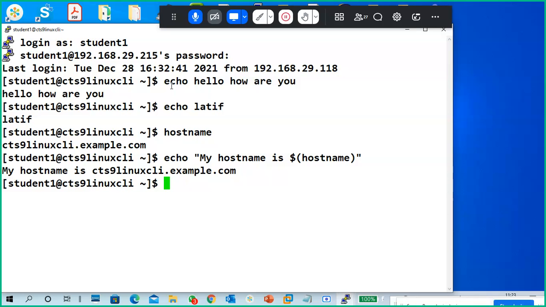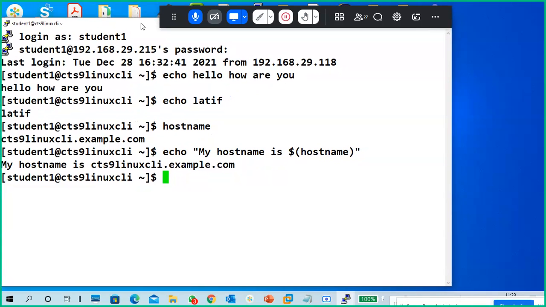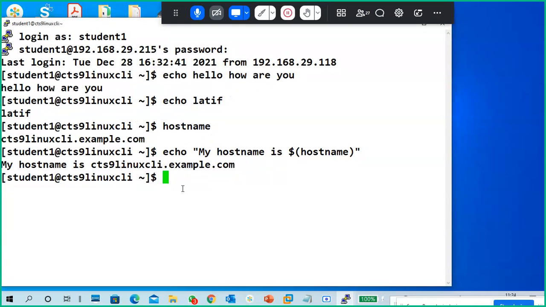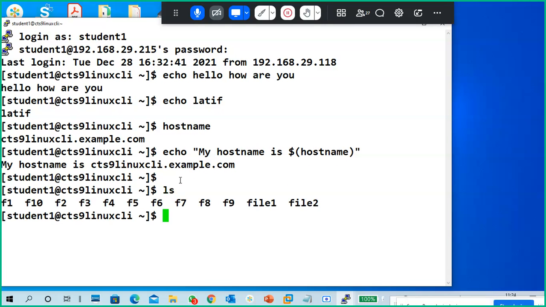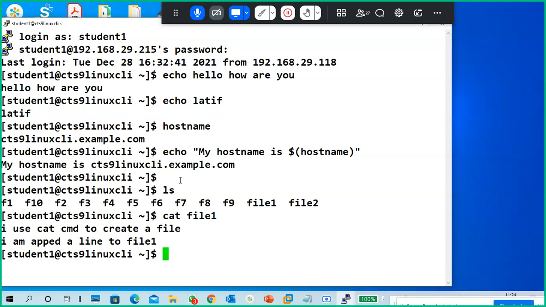Echo is a very useful command in both Windows and Linux. Okay, next, cat is a command to read the file content. Like cat file1, it reads what the content of the file is. Cat greater than file, for example. Already these files are there. I'm going with file3, which is going to create a new file. I'm going to create a new file called file3.